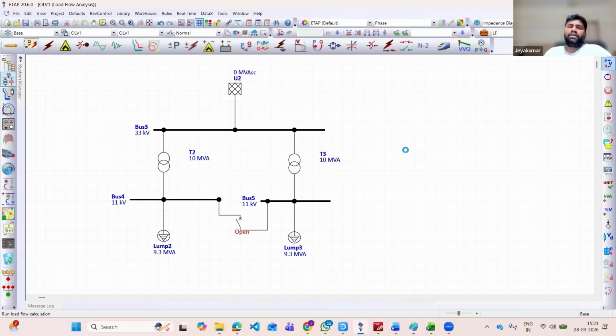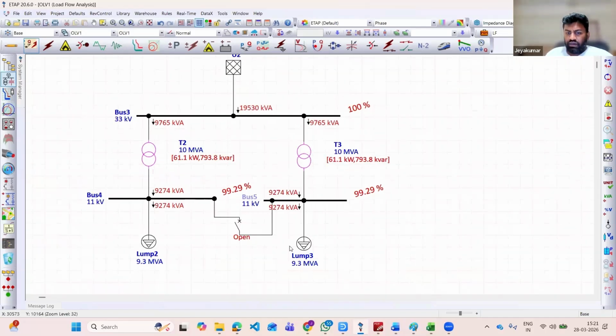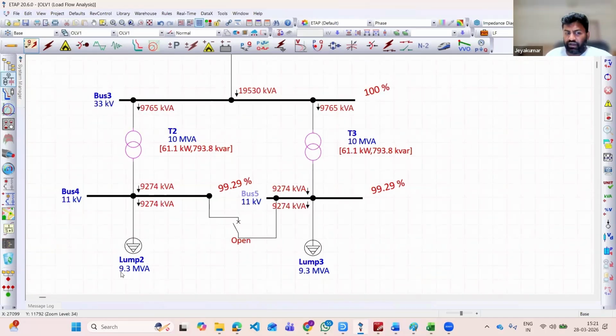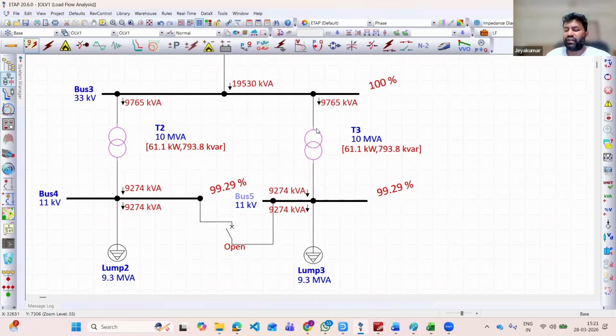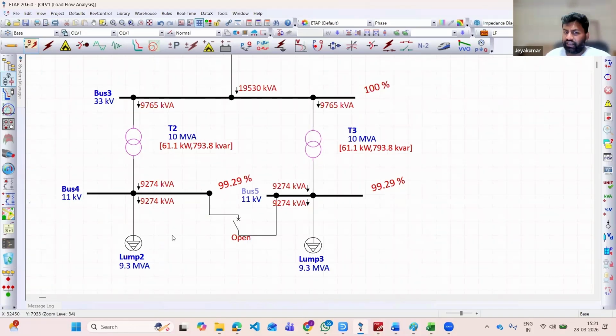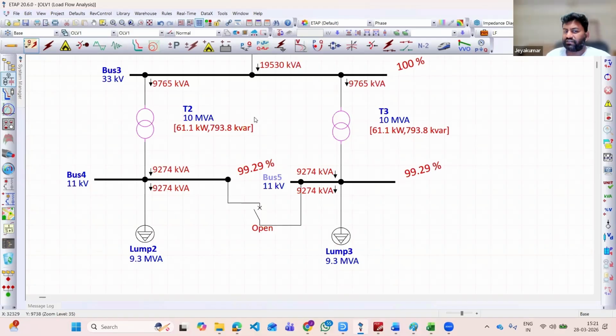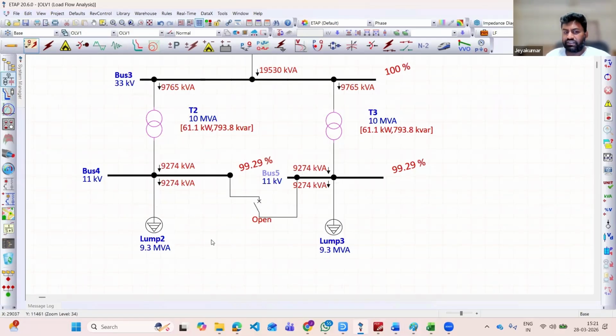So when you run it here, what happens here? You see, both transformers are loaded 9.3 MVA, but it is overloaded. Actually, it is slightly, marginally overloaded, right? It is above 95%. But ideally, nobody will go like this. So what will they do instead? What they will do instead, for the purpose of redundancy,